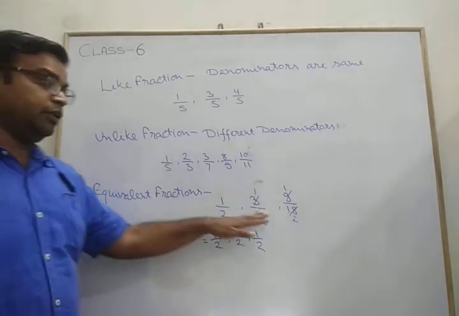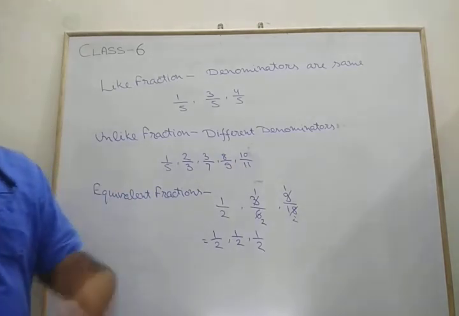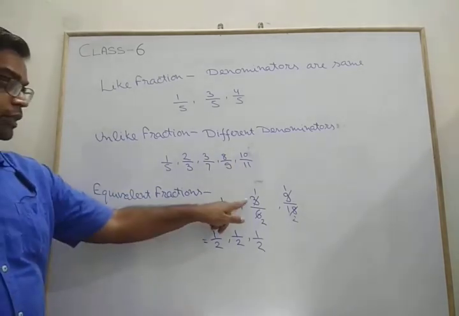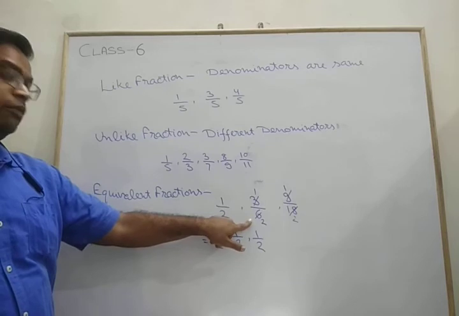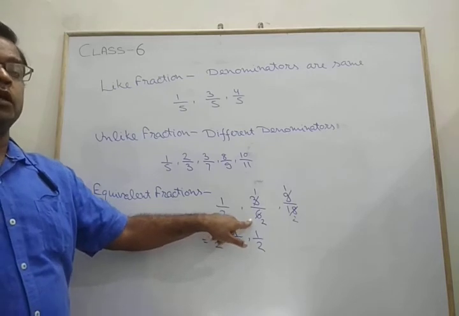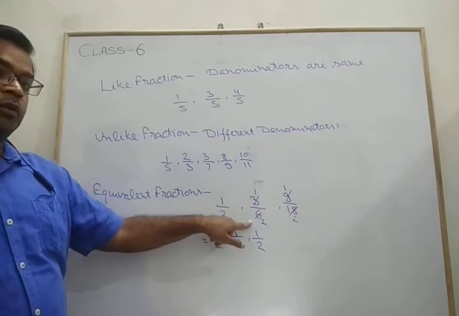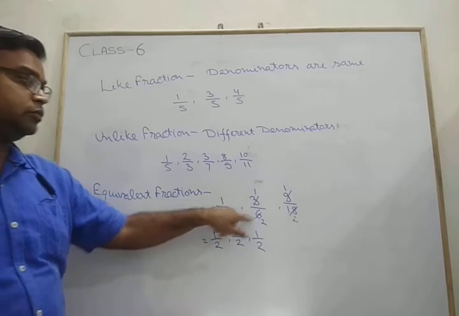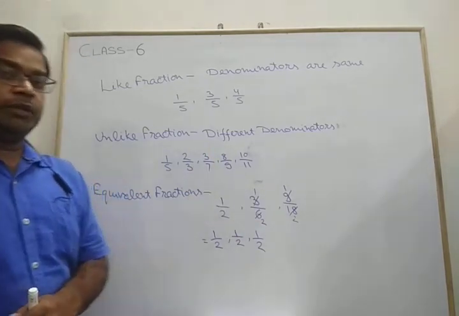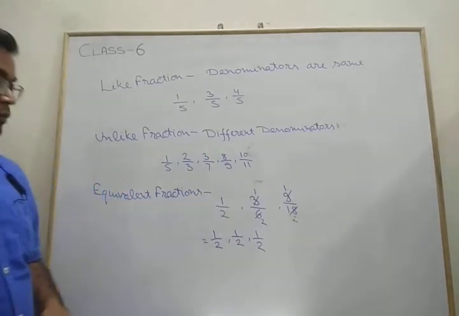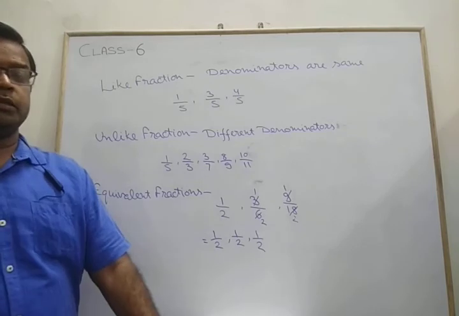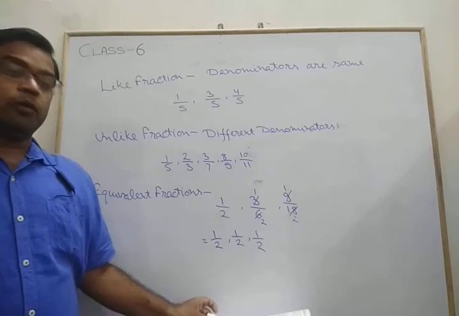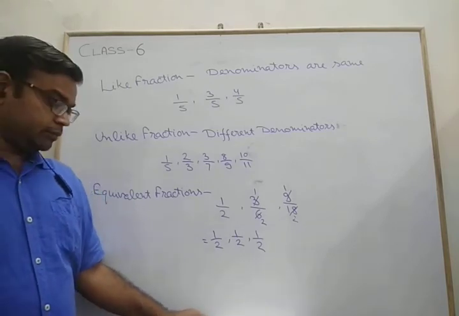In simplification, we have common factors. In this case we have factors 1 into 3, and in this case 1 into 2 into 3. So 3 is common, and ultimately we have 1 upon 2. Similarly for 9 upon 18. Likewise, you can simplify all proper fractions or improper fractions.